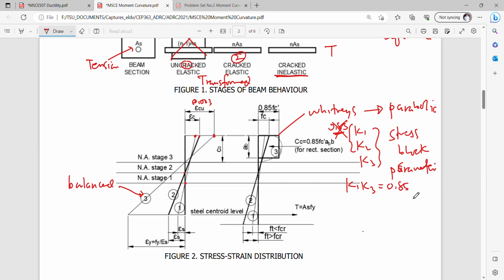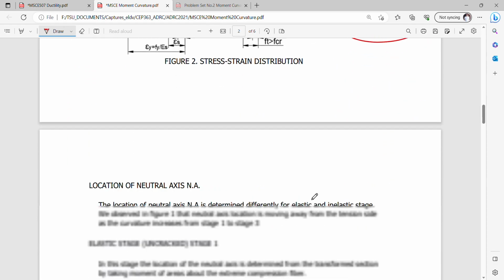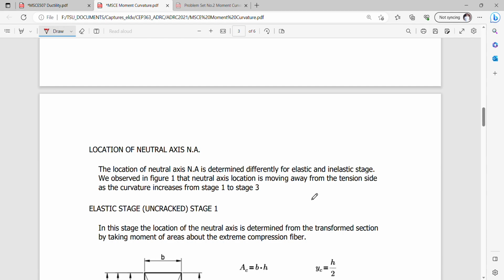I think beta 1, yes. And your K2 is actually beta 1 over 2 in terms of your Whitney parameter. Okay, so these are now the equivalent parameters in your Whitney distribution. So take note that the location of the neutral axis